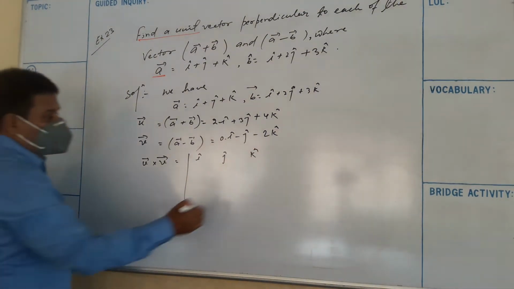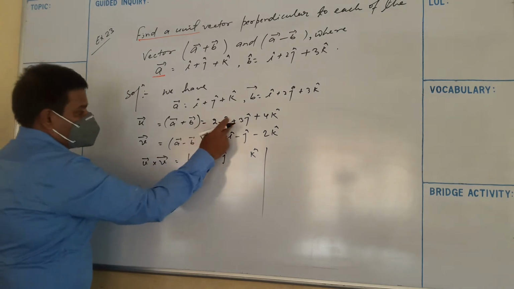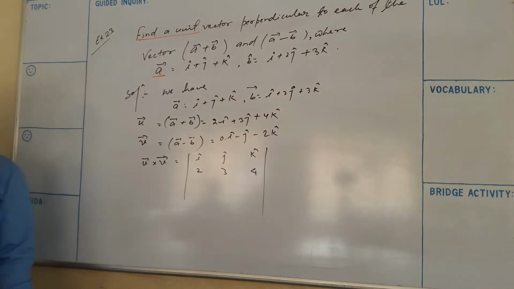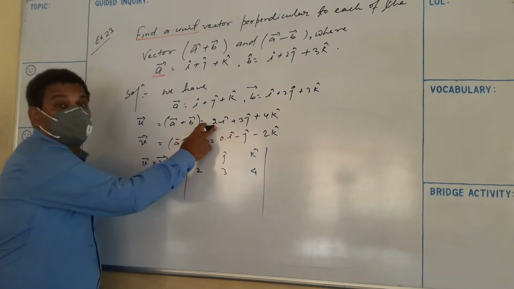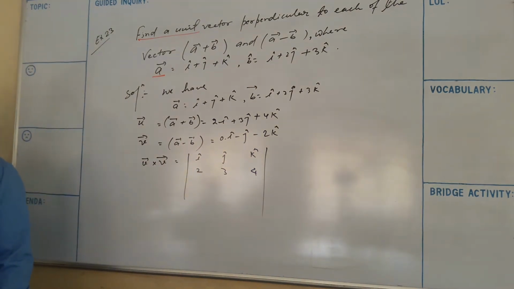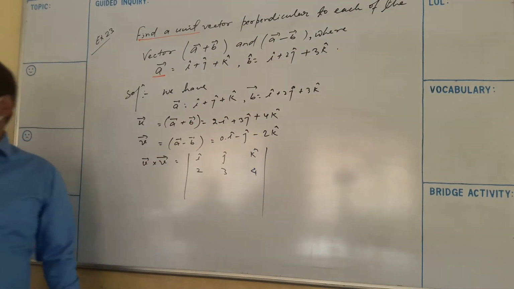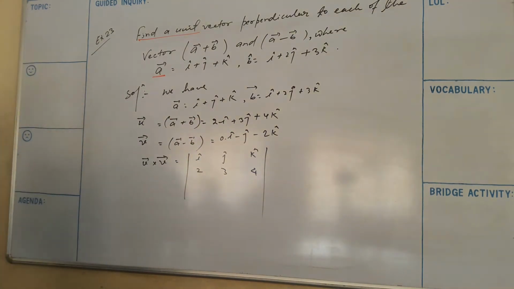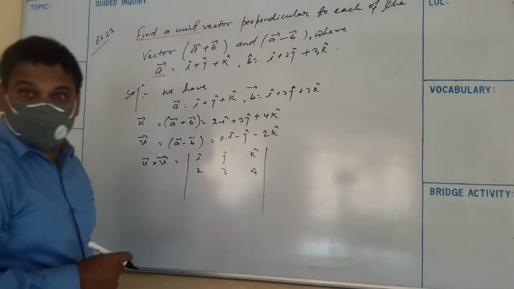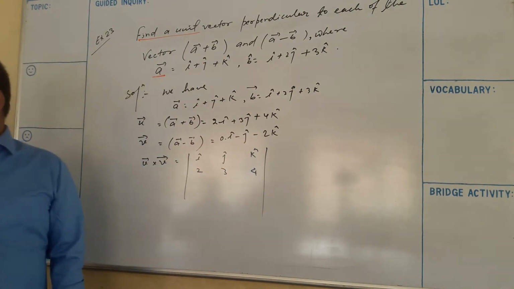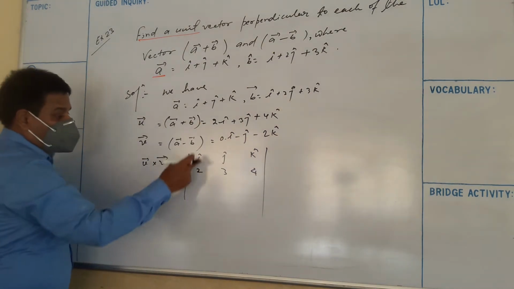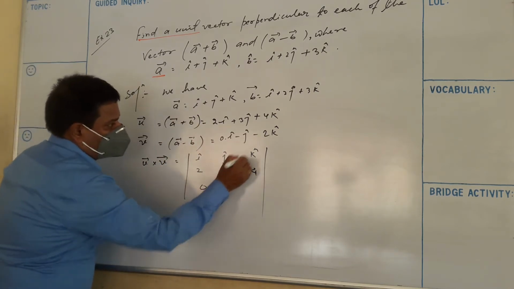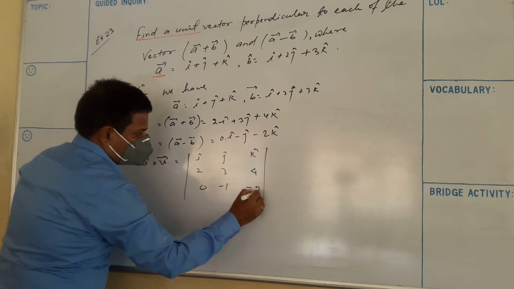Now see here: 2, 3, 4 are the scalar components, also known as direction scalar components, and 2i, 3j, 4k are vector components. The scalar components are also known as direction ratios. So 2, 3, 4 is a direction ratio. Here I wrote a1, a2, a3, and now b1, b2, b3.